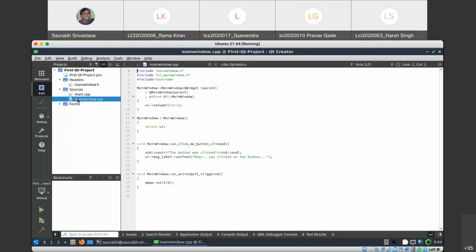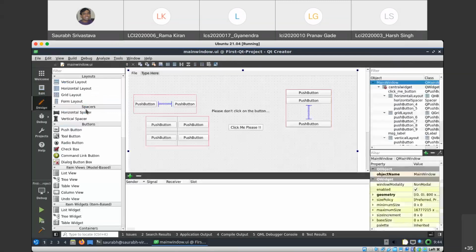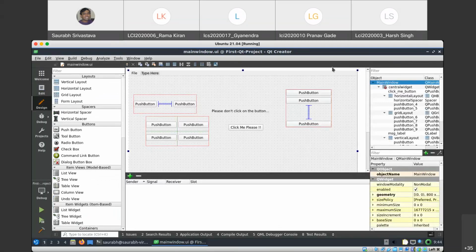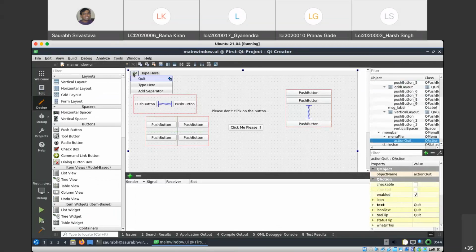Now this is where Qt is different. There are these UI forms, okay, and they look something like this. You have these widgets on the left, and then this is your main window. You can add, so this is the menu bar, and the good thing is you can pick up any of these widgets.